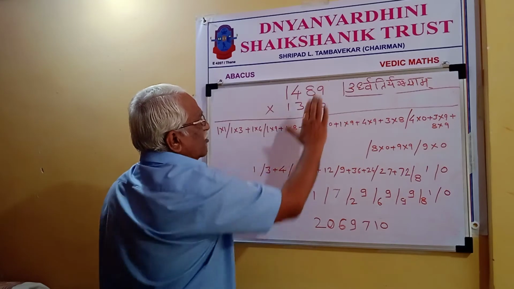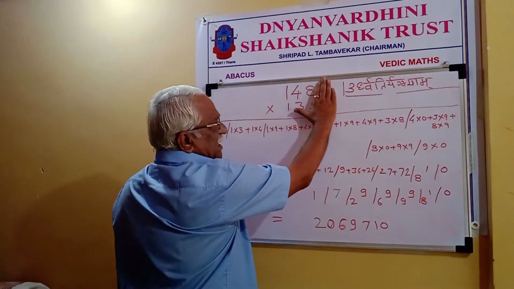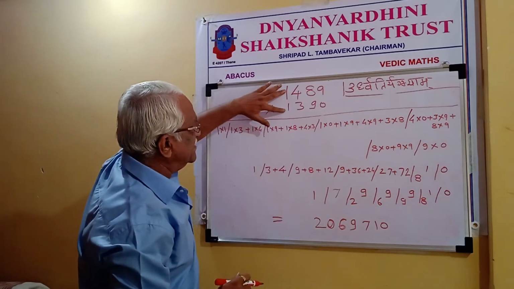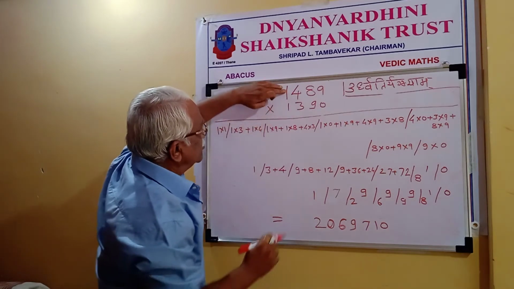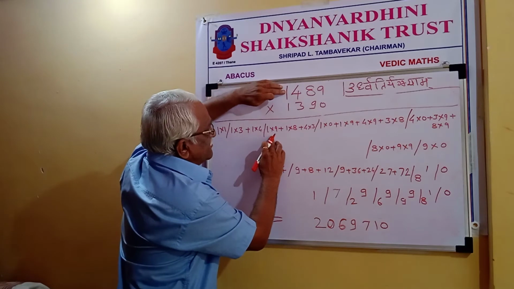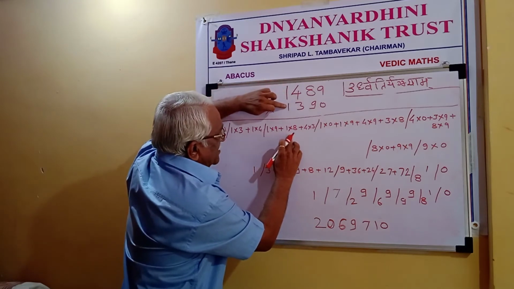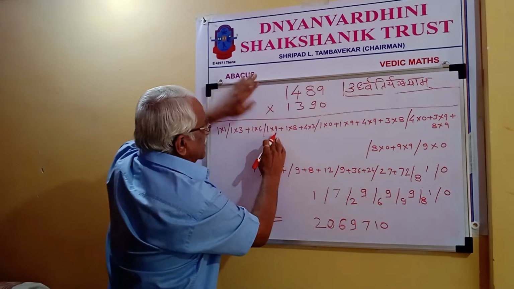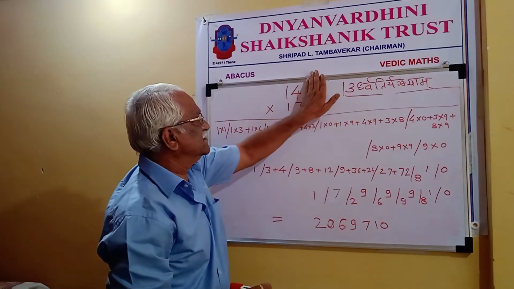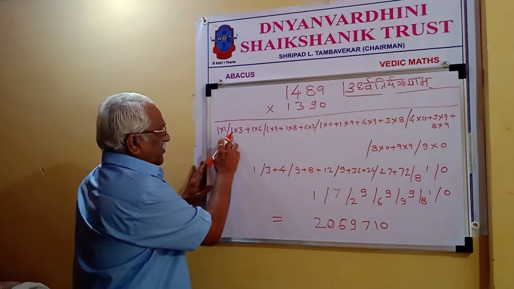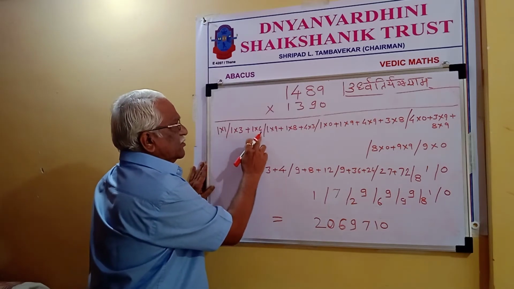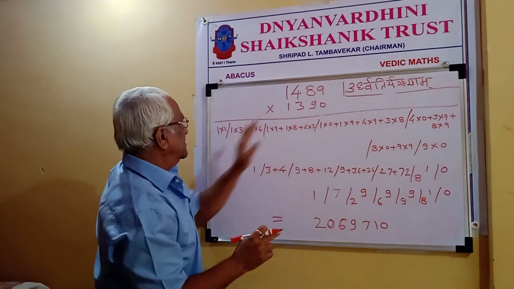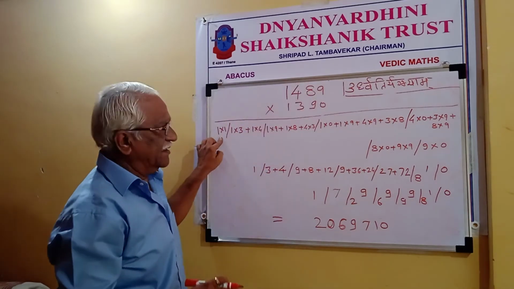Again, we are closing this. We are leaving the last digit now and we are taking the first 3 digits of each. So 1 into 9, 1 into 8 and 4 into 3, the addition of that. Then we are leaving 2 digits. So it comes 1 into 3 plus 1 into 4 slash again first digit, that is 1 into 1.